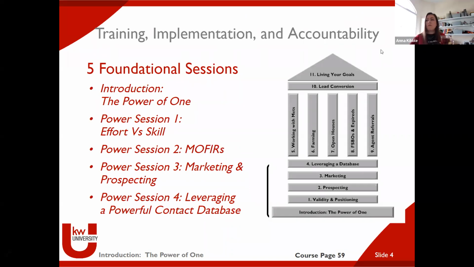Here we go. What have we tackled so far? These are perpetually in the wrong order because I haven't gotten around to fixing them, but we've done a lot so far. We've built a really solid foundation. We talked about the core of lead generation. We talked about effort versus skill and why it's so important that we're developing our skills. We dove into marketing and prospecting, how the two work hand in hand to build your real estate business. We talked about calls to action or MOFers, right? Making offers for immediate response, and how all of this is driven on the foundation of